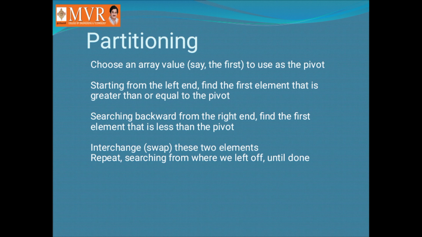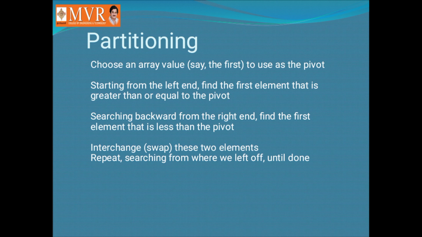If the element is smaller than the pivot element, then I leave it like that only. No swapping is done. If it is bigger than my pivot element, I interchange their places. That is, I interchange the element at position 1 with the position of the pivot element. My pivot element comes to the first location and the element at the first location goes to the rightmost side, where my pivot element was.